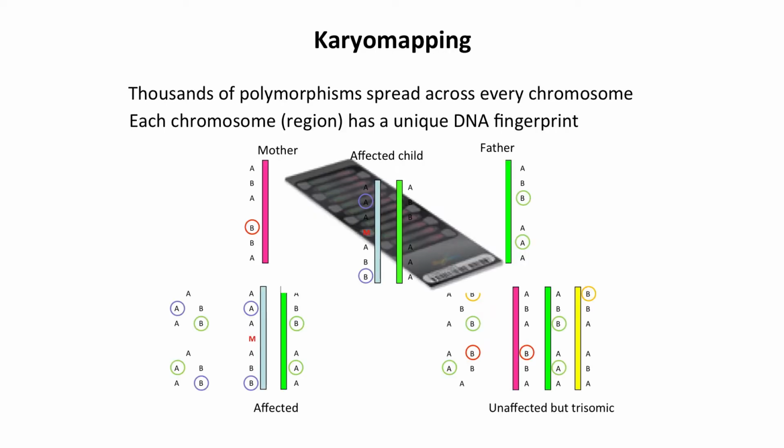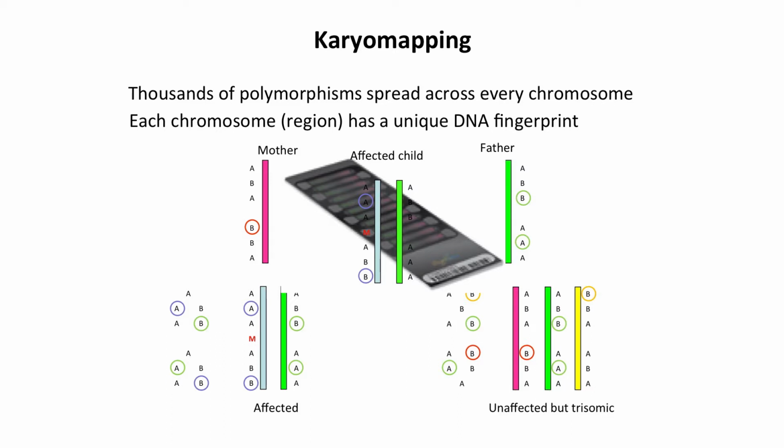It's based on looking at about 300,000 single nucleotide polymorphisms scattered throughout the genome using an Illumina bead array that looks something like this. But essentially what we're doing is looking at a kind of DNA fingerprint for each region of the genome. And of course, we're going to focus on the gene which is causing the problem in the individual family. So we'll look at polymorphisms across the entire genome, but then we'll focus in on the ones around